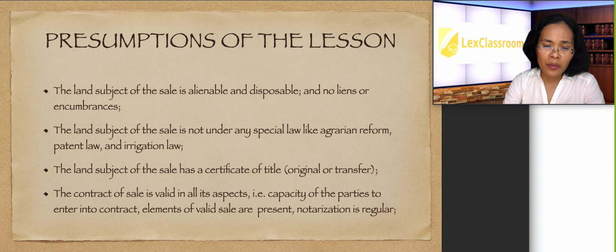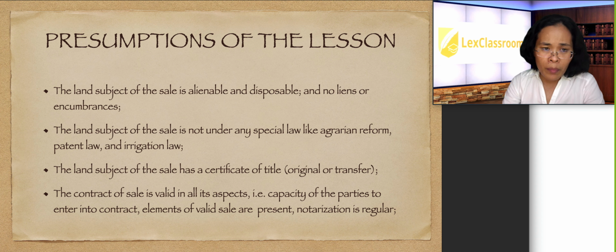And you have to take note that among the presumptions here would be the land involved has an original or transfer certificate of title, and you're not only looking at a tax declaration. And it's a misconception that if there's a tax declaration issued to the property, it means that the holder or the tax declarant is the owner also, because a tax declaration by itself is not proof of ownership. What is the proof of ownership is a title, whether it's an original or transfer certificate of title.